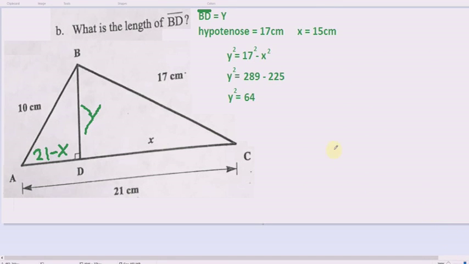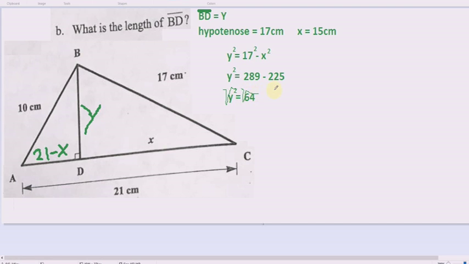Okay, then, so we just keep going, and the hypotenuse is 17 centimeters. Now we know that x is 15 centimeters. And then we go back to the original Pythagorean theorem. Hypotenuse squared minus x squared equals y squared. Since we know x is 15, that becomes 225. 17 squared is 289. We subtract those, and we get y squared equals 64, which, if you know your square roots really well,